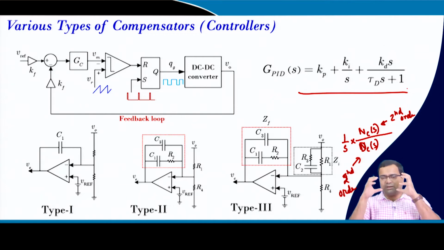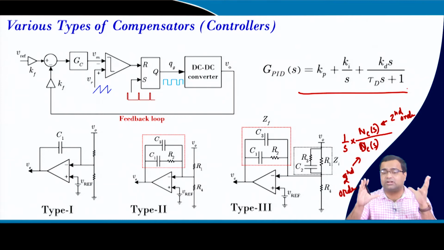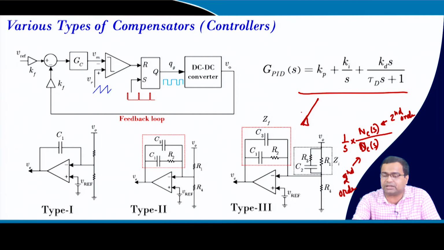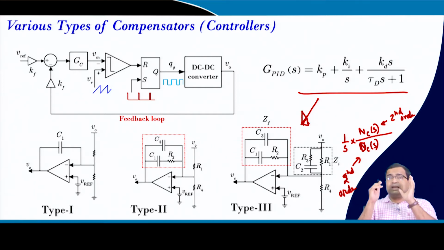In this particular lecture we are talking about the PID controller, but we will eventually find the PID controllers are not sufficient because of the less degree of freedom when you talk about shaping the closed loop bandwidth as well as phase margin. Then we will consider an additional pole, that means we will go to the type 3 compensator in the subsequent lecture. But in today's lecture we will talk about the PID controller in order to match the model and validate, the process of validation. Then the same approach you can use for the type 3 compensator to carry out the design under voltage mode control.